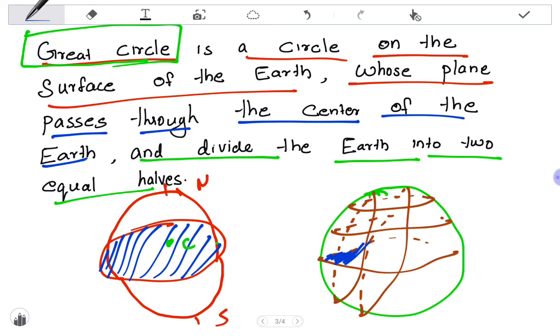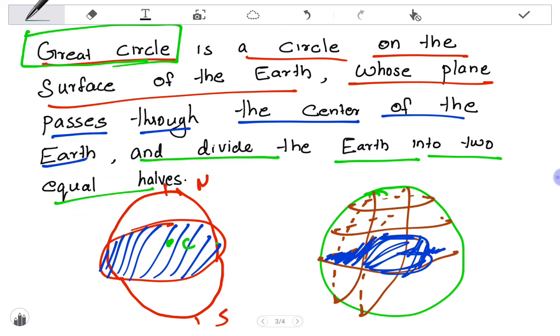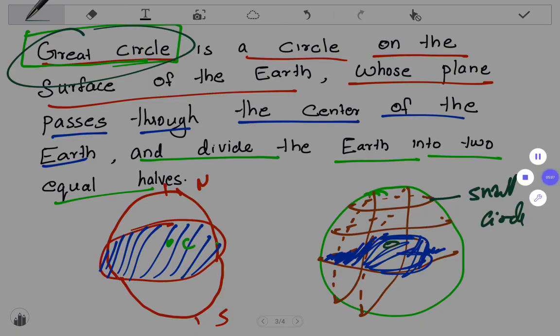That plane has to pass through the center of the earth. Then the circle whose plane passes through the center can only be called a great circle. All the other circles which don't pass through the center are called small circles. I hope you understand the definition and how the great circle